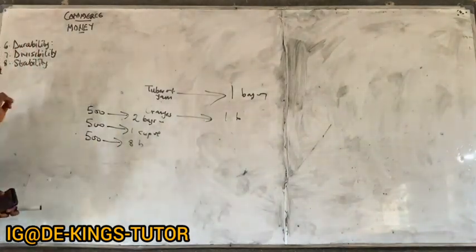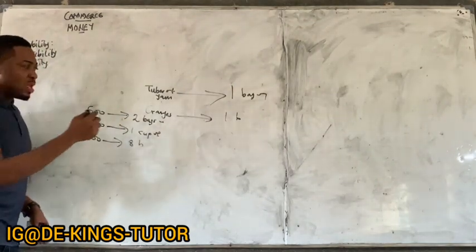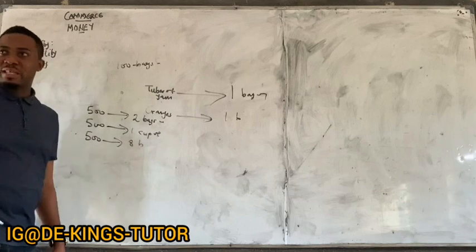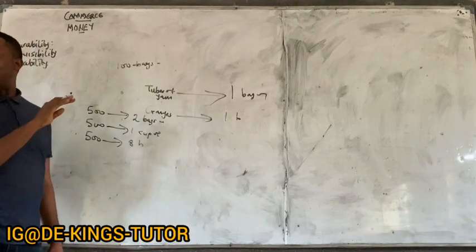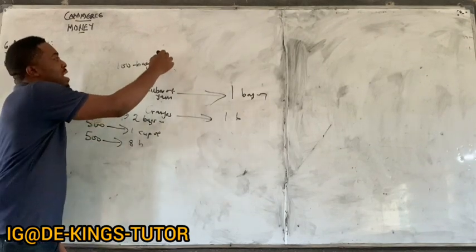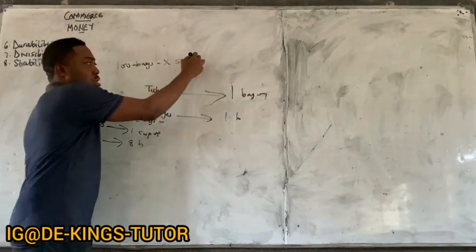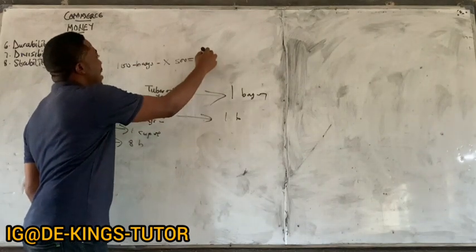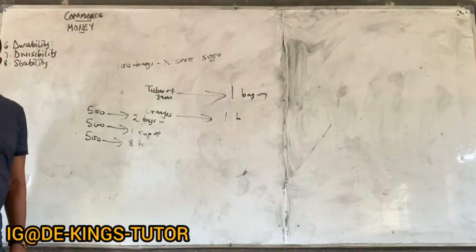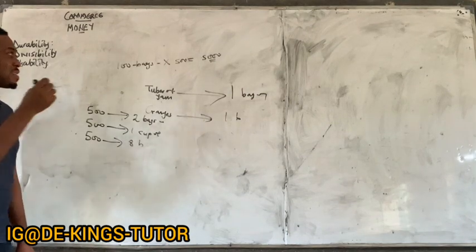So that once you check, probably you're a seller now, you're a retailer, and you have, let's say, 100 bags of rice. Now you can look at this 100 bags and say, okay, if the bag of rice is 500, once you sell this 100 bags, it will be 100 bags times 500. Then it will give you how much? 5,000 naira. So you can predict that, after selling this, I will have my income of 5,000, because the value is stable.